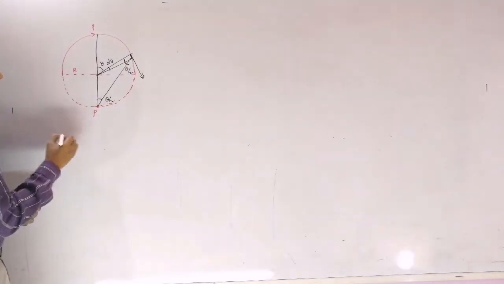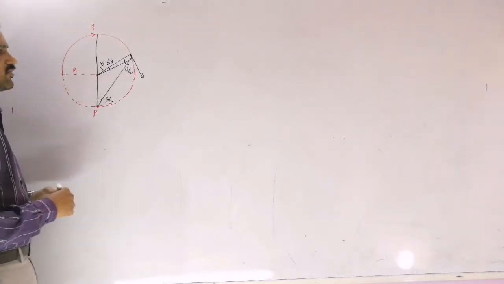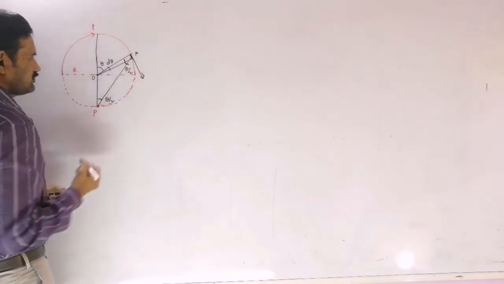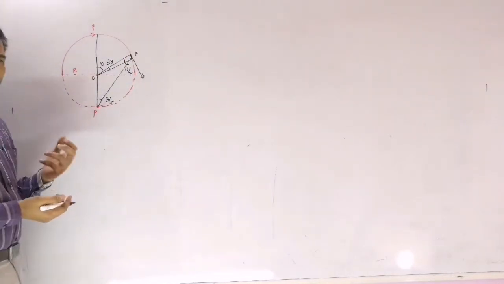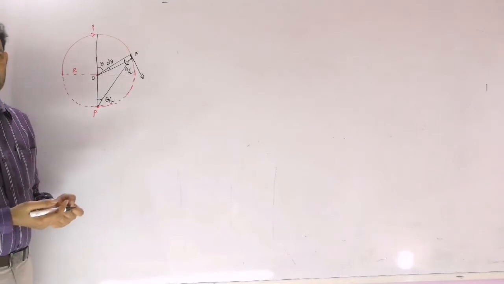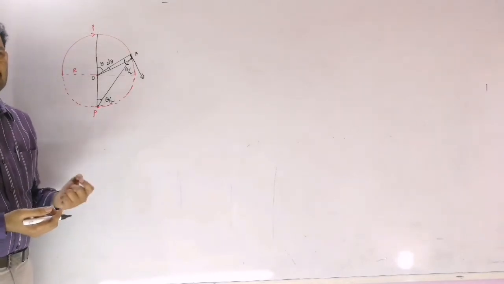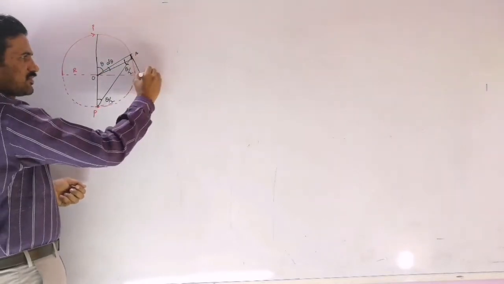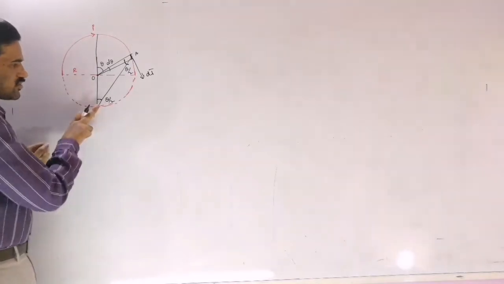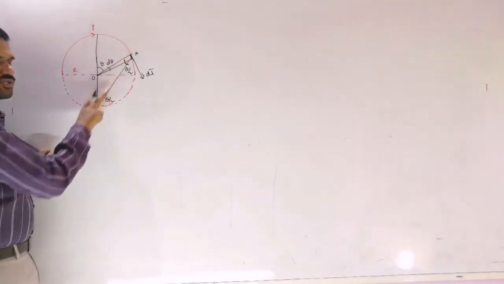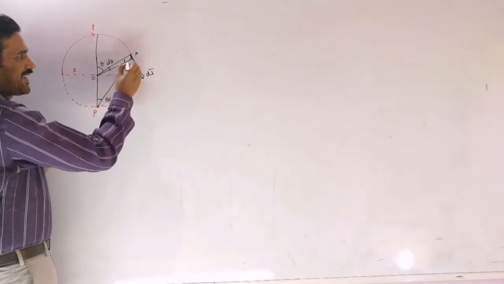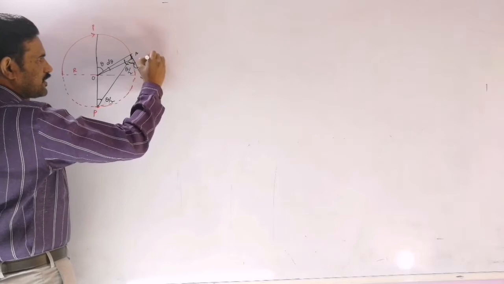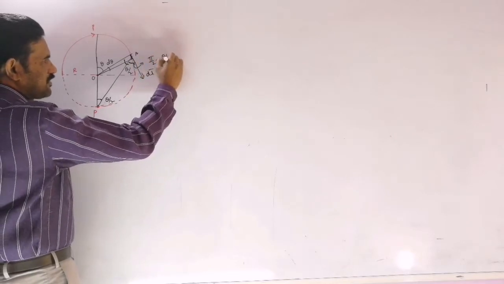So now let us write this dB bar. Now we need to write here. So the dB bar is nothing but, this is the point O, let us consider, and this is the point A. And now to write the dl sine theta, we will write in Biot-Savart's law. The angle theta is nothing but the angle between this r bar and the dl bar. So dl bar direction is nothing but this one. This is the dl bar direction here. And so our r bar is this one. With respect to this, now we need to take this small r bar here. So the angle between them I can write this angle as pi by 2 minus theta by 2.